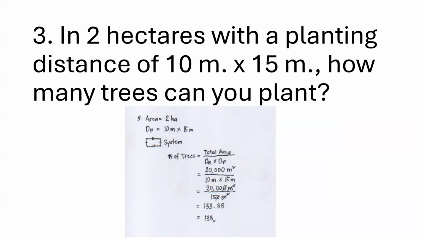Cancel like terms. Na-cancel si square meters sa taas, na-cancel sa baba. Inalis yung isang zero sa baba. Inalis yung isang zero sa taas. Ang natira, 2,000 over 15. 2,000 divided by 15 is